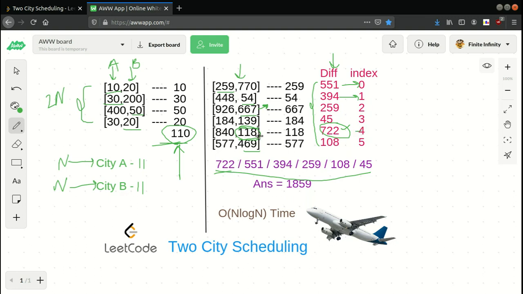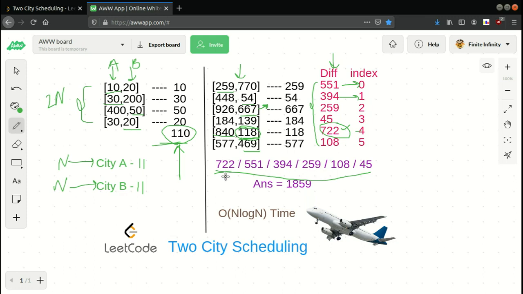I'll check if the number of people who already went to city B is equal to 3 or greater than 3, then I will choose city A, and if it's less than 3, then I'll go with city B. By doing this I can calculate my final cost.